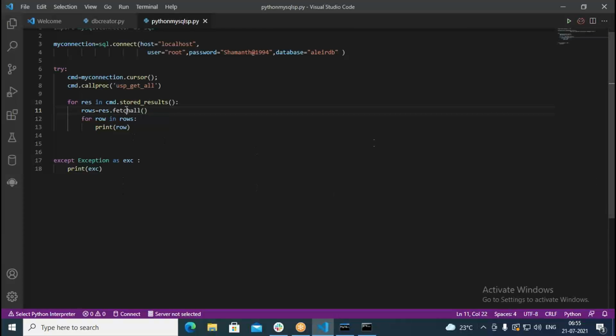This fetchall gives you a number of rows, and from those rows, one by one we need to print. Similarly, further, if you want to go into columns, you can go with the columns in that. It can be like this. We have written print row; instead of print row, here we go with another for loop.